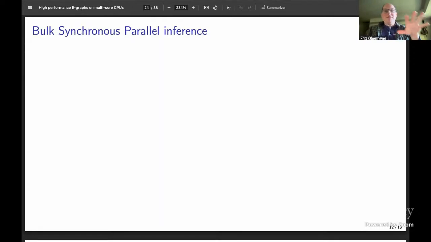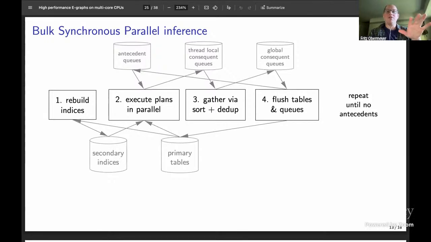Okay, so now that we've covered the data layout and how single thread execution tries to avoid all the cache misses and march through the data optimally, let me talk about how multiple workers coordinate. It's basically four steps. There's a bulk synchronous parallel pattern, four steps that just repeat in a loop, with barriers between every step, except for the execute plans and gather. There's not a barrier between those, but the others have one. So let me walk through the steps one by one.